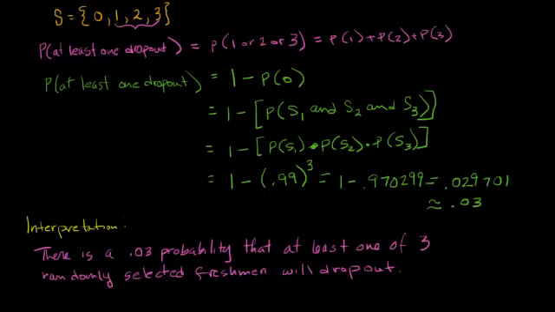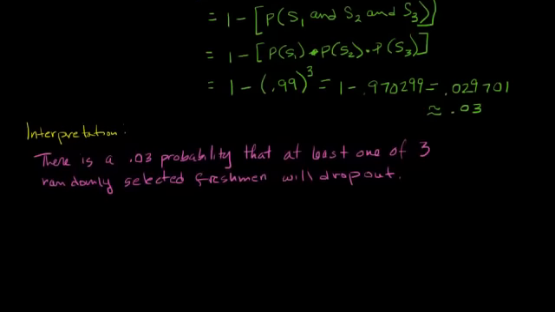And lastly, let's answer the question of whether or not this would be unusual. Would it be unusual if you randomly select 3 freshmen on campus and that at least one of those 3 does not return in the fall? What would you say? Well, we would say yes. And why? Because